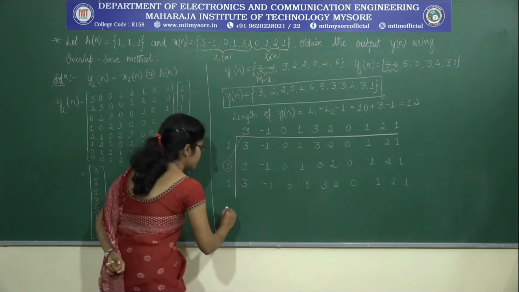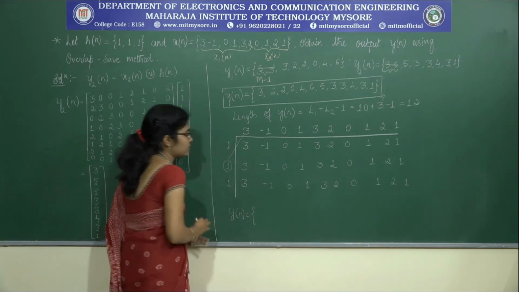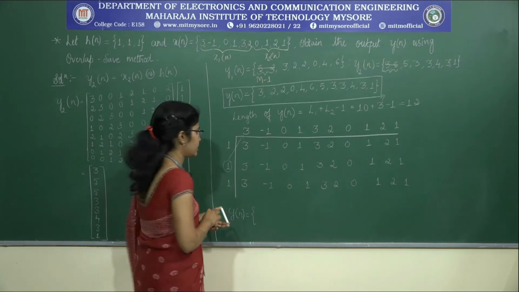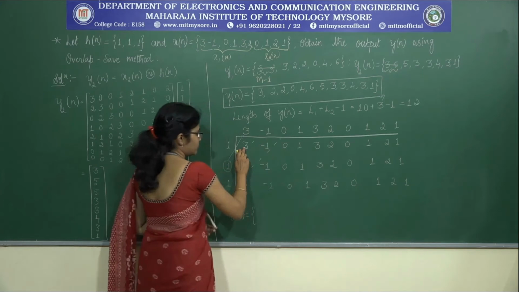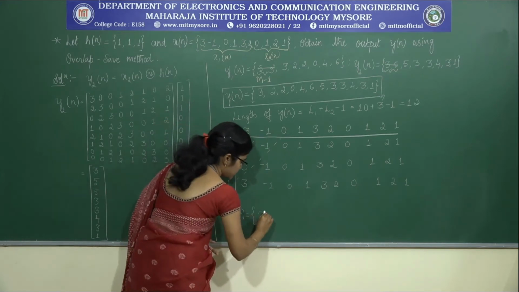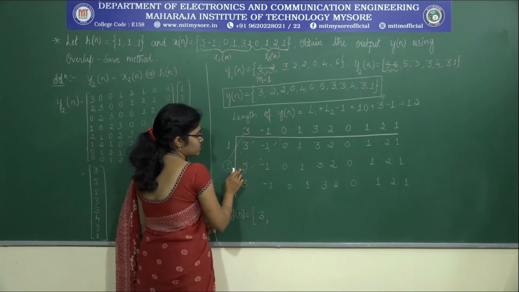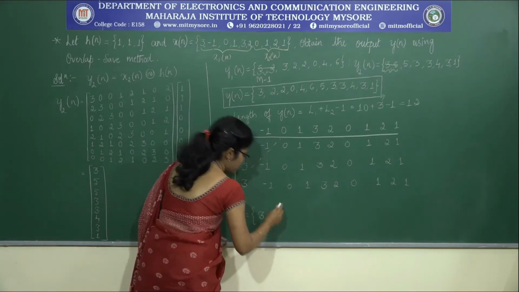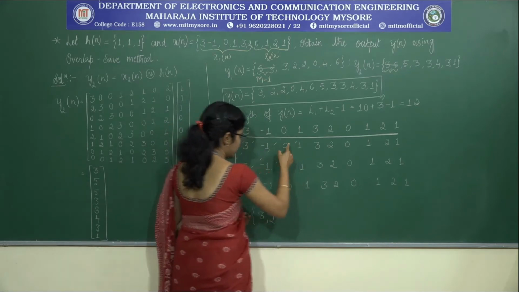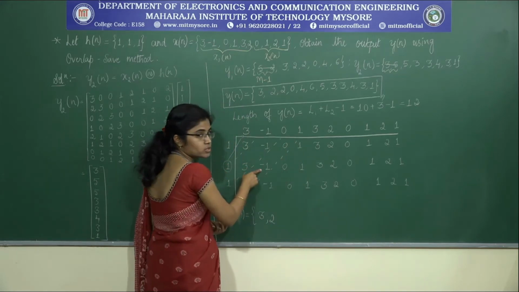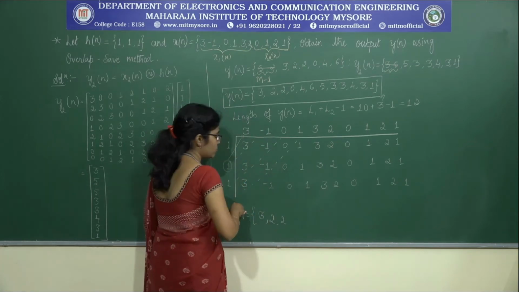Now, from this I can write down y of n. So, how to write that? It is nothing but diagonally adding. Okay. So, like this. The first sequence is only the one element, that is 3, write it down as it is. Again add these two elements, that is 3 minus 1 gives us 2. So, the next element should be the addition of all these: 3 minus 1 is 2, 2 plus 0 is 2. So, I have written it as 2.